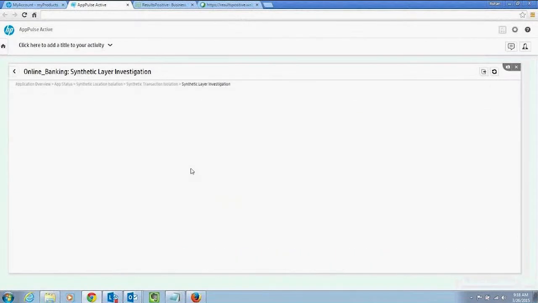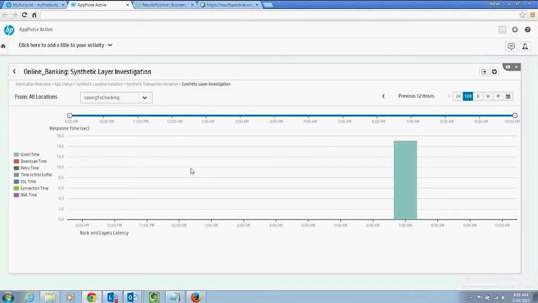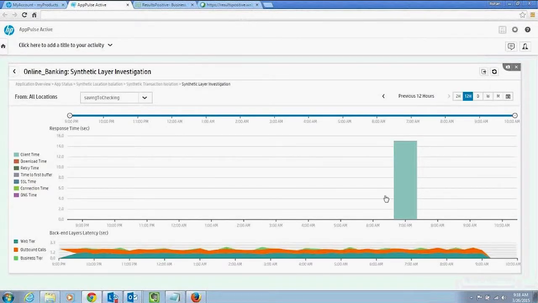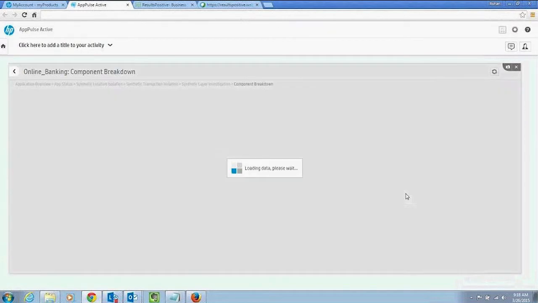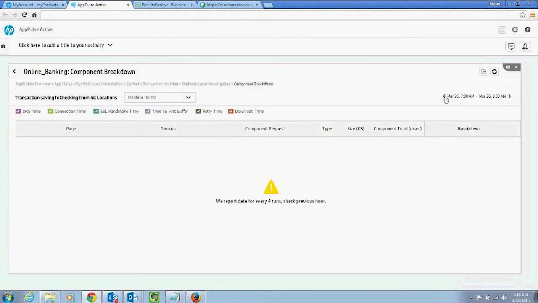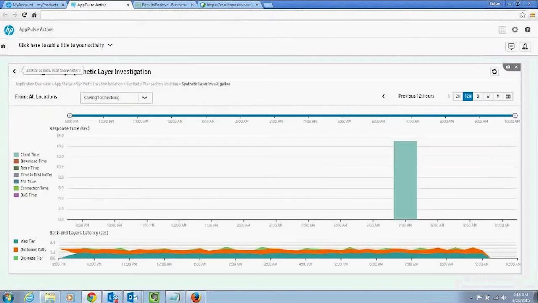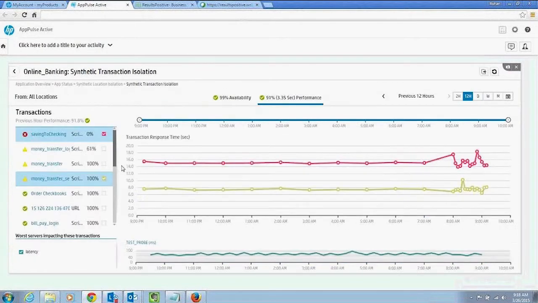Now, if you want to drill to these transactions, you would see the transaction breakdown on the basis of where the server requests are taking most of their time. Whether it is the client time, the download time, or retry time, each one of those would be graphed here. And if you click further on that, it would show up, right now it does not have that data, but it would show up each and every component breakdown here. Let me show you a better graph which has